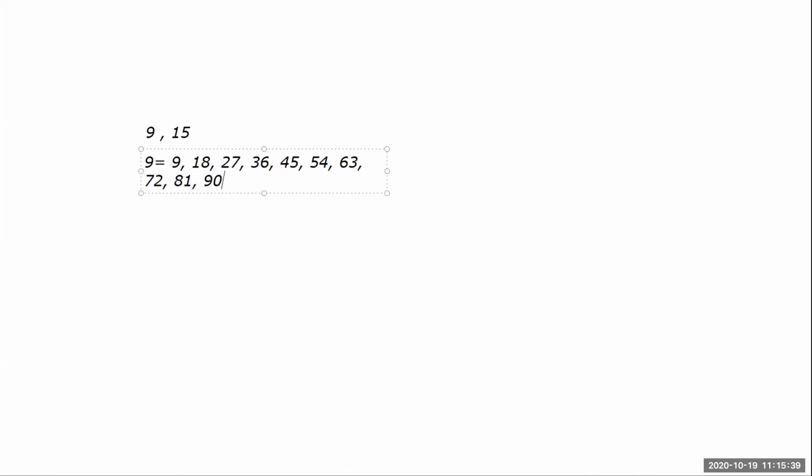Okay, this is a table of 9. Okay, here for LCM a table is required. So 13 का table फिर,